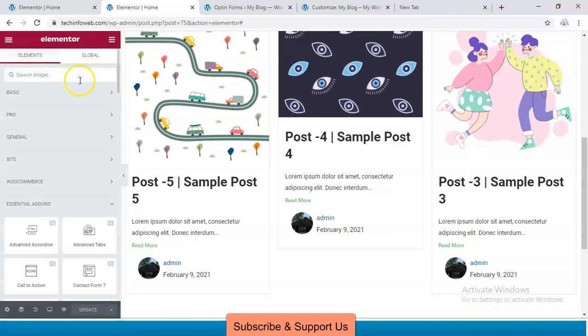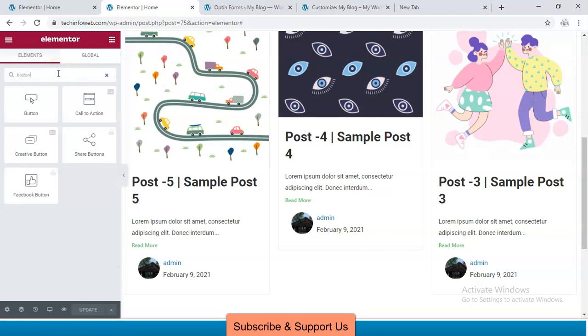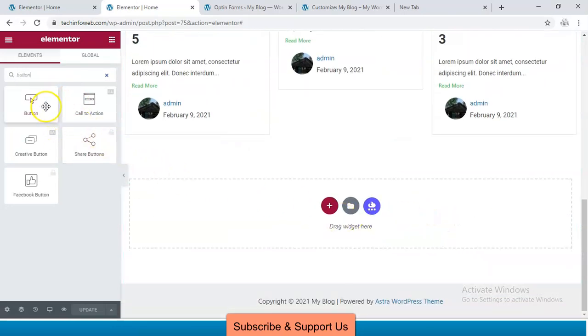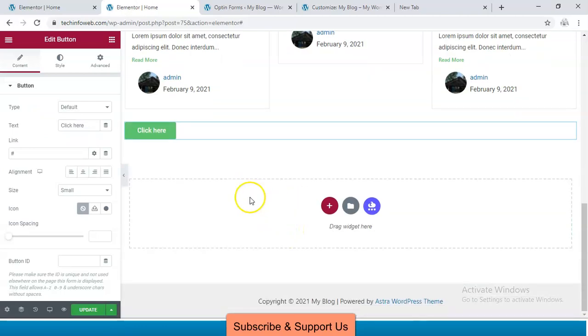Now I am going to add a button element. And I am going to name this button load all posts.